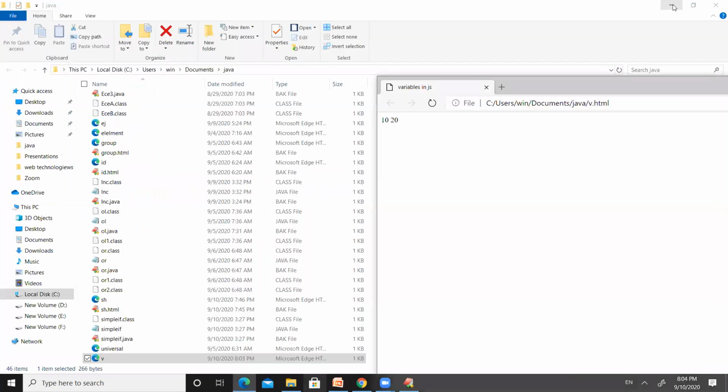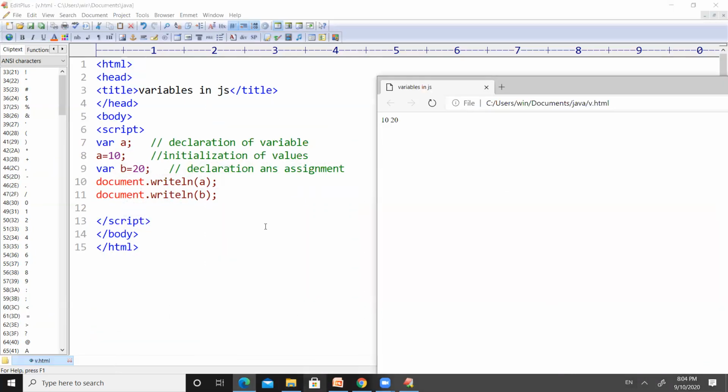So you can observe here we got the output 10 and 20. The 10 and 20 were printed because we have used document.writeln of a. It will print the value of 10 because the variable a is assigned with 10. And document.writeln of b will print the value of 20 because b is assigned with the value of 20.